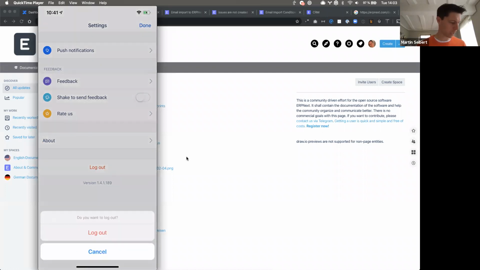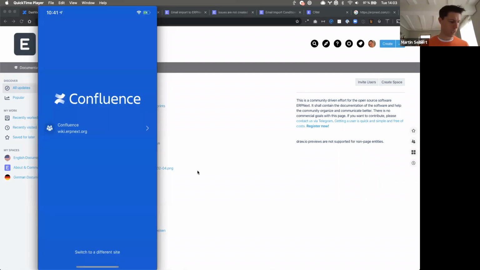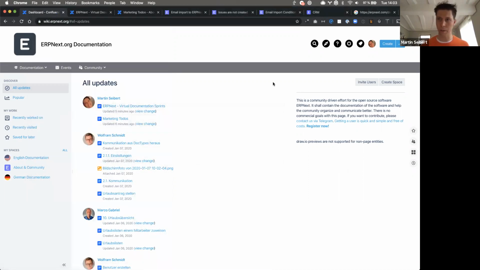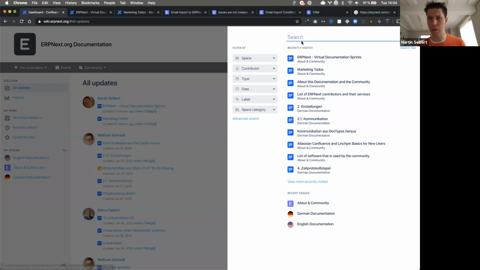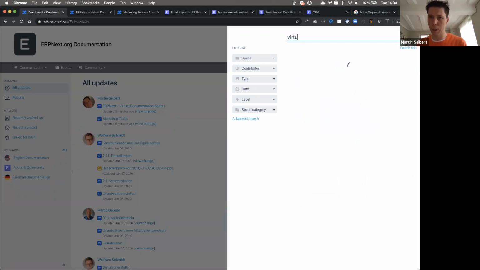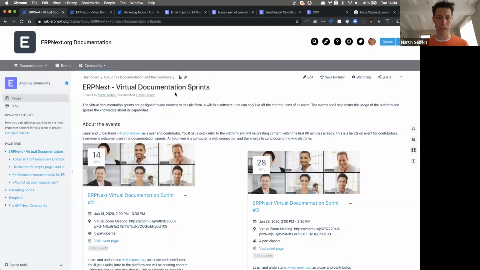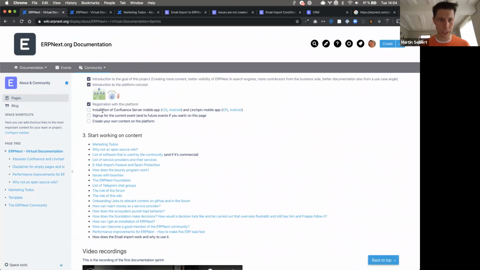I'm going to log out again. And so what you have to do is go to wiki.ERPNext, and then search for virtual documentation sprint, and there's a page. And on this page, there's installation of Confluence Server mobile apps, iOS and Android. I'm going to share